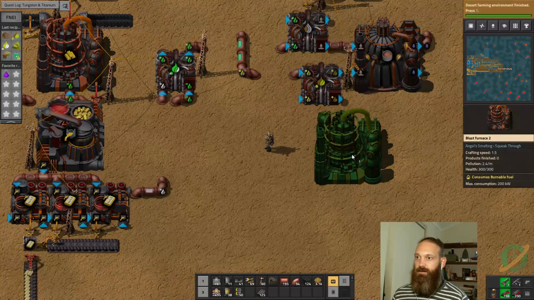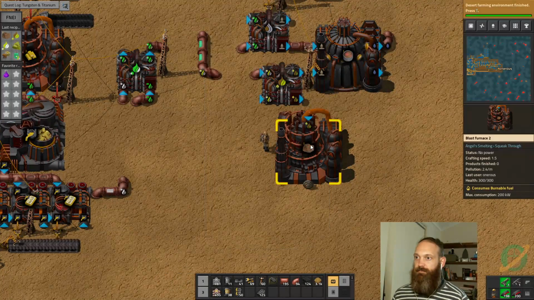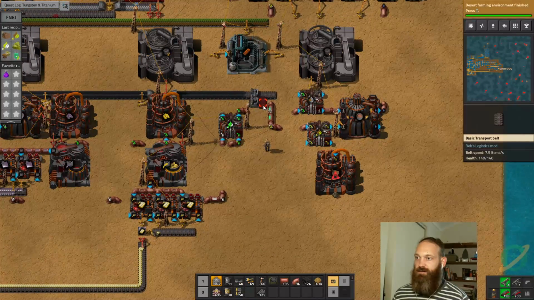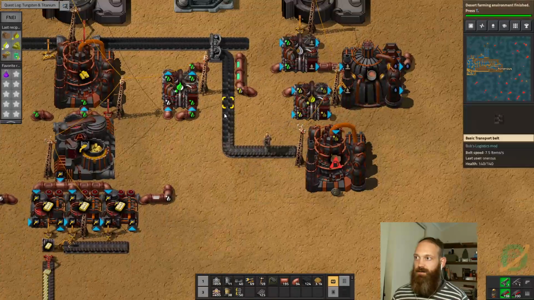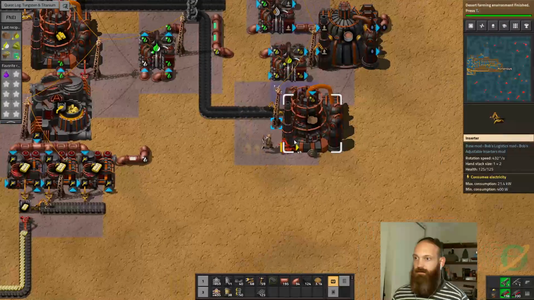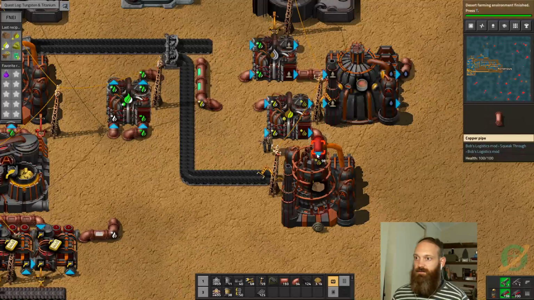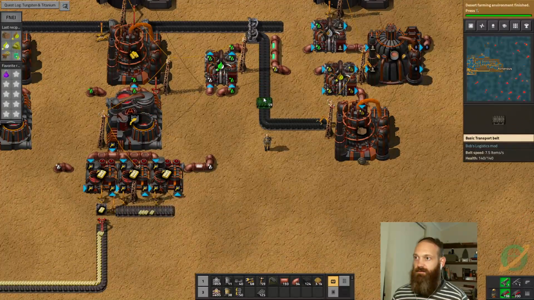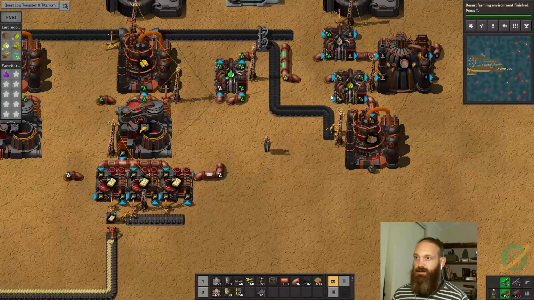There we go. Blasty, you're there. So you're now making tungsten powder. We need to get this here coming down like this. All right, grab some power here. Grab an inserter right there. And that's all you need. That is actually all you need to make tungsten powder. But you're also making, let's rearrange this slightly. You're also making,